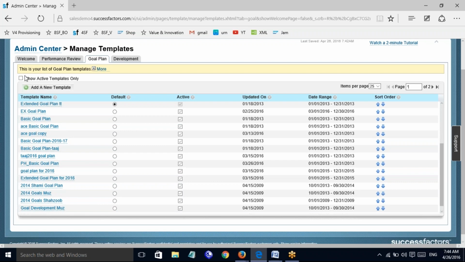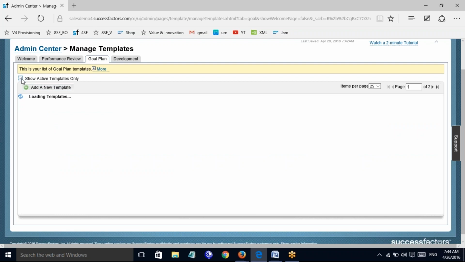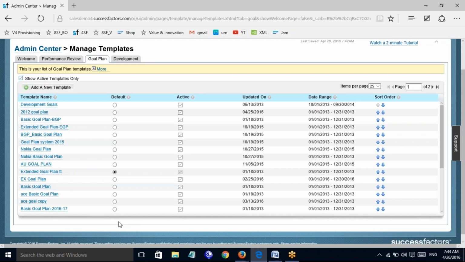But if you want to show both of them, you just uncheck it. But you may ask why our goal plan template, which we copied now, is removed from the list. Any idea? Why is it so? When show active templates is selected, the copied goal is not there in the system.